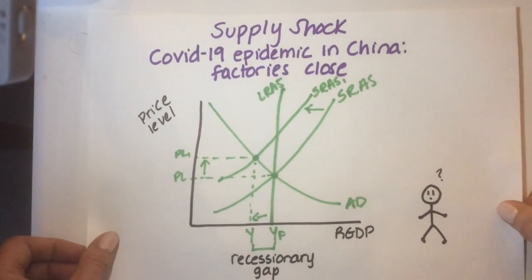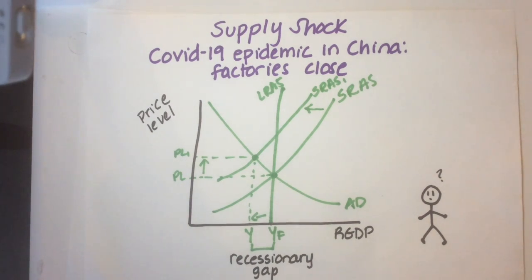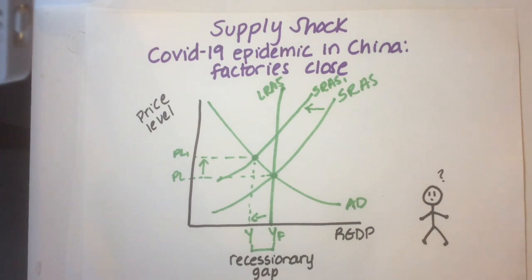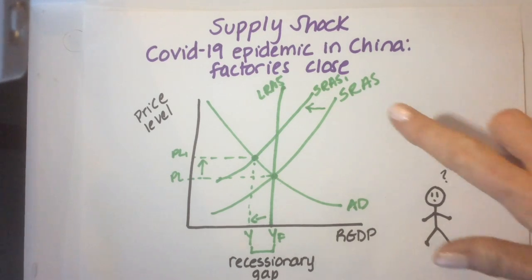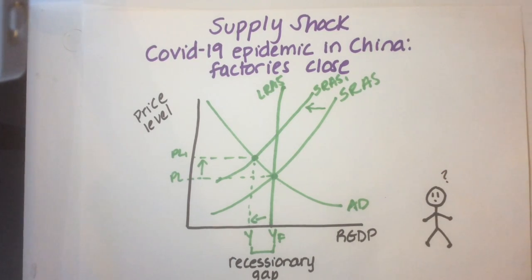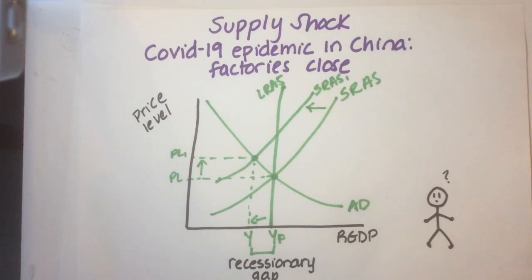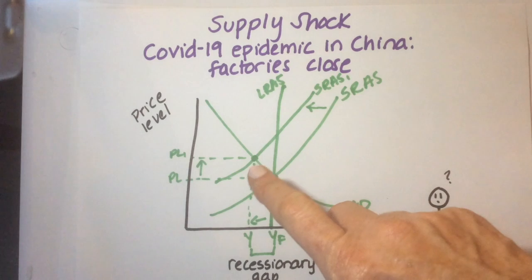So then came COVID-19. This was a supply shock with an epidemic that started in China. And what happened was that factories, of course, had to close. And because we have so much of the world's production based in China, with raw materials, intermediate goods, and final goods all being produced in China, this is a tremendous disruption for firms in their production process. So supply chains are interrupted, and what that means is that firms are not able to keep up their same level of production. So what they're able to produce and sell is now less.